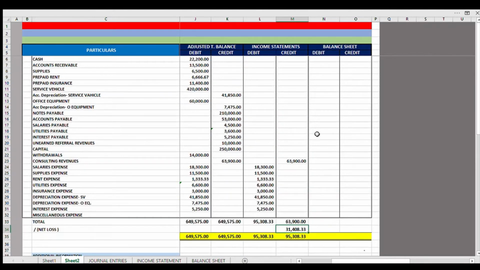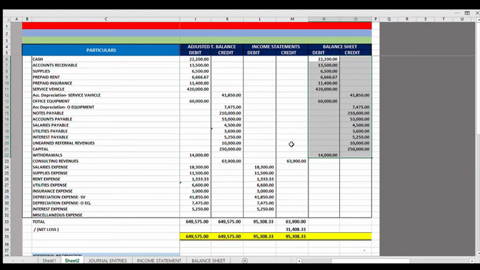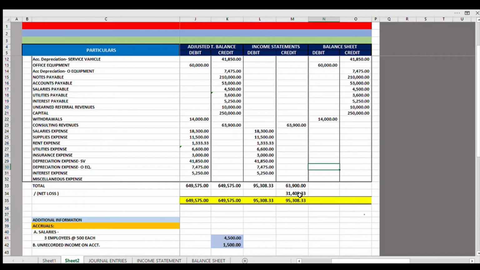Okay, so right now we will be doing the balance sheet. We will do now the extension of the accounts. So we just extended all the adjusted balances, particularly the balance sheet accounts. Okay? And finally, we will just extend